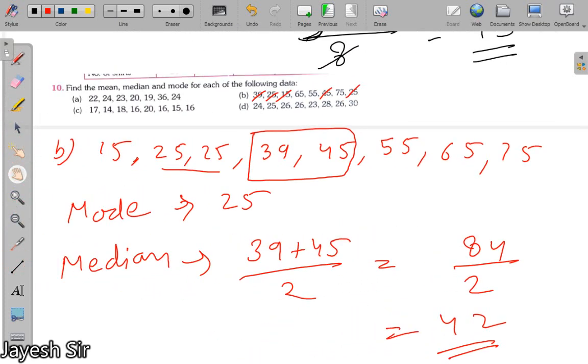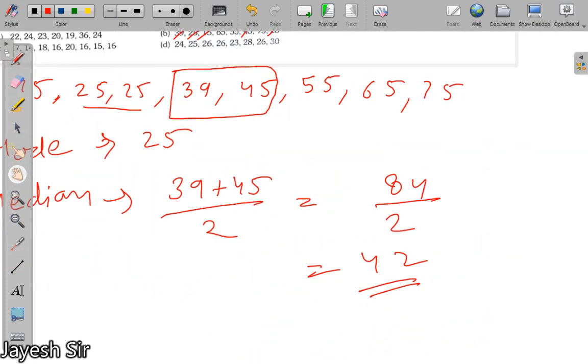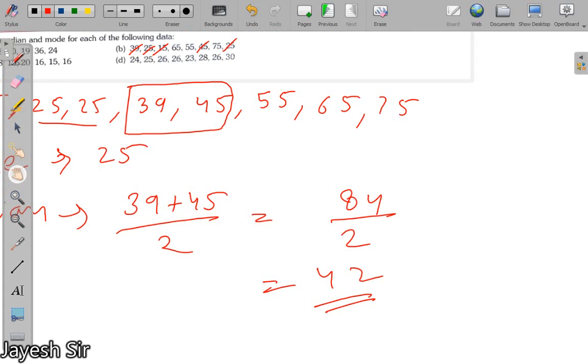Okay, usually the values of mean, median, mode are all different. It may be the same, it may be different, it depends solely upon the question. So I hope you will be able to do the rest of the questions of this exercise. The rest of the questions you have to do in your homework copy. So we'll pause for now.